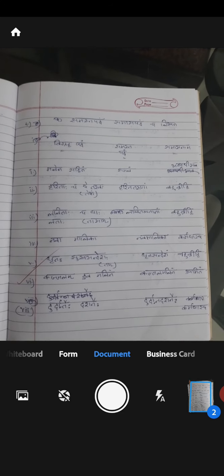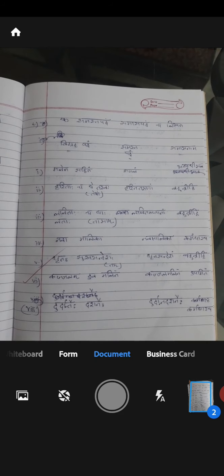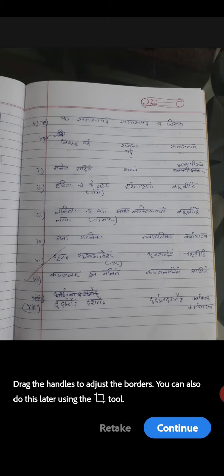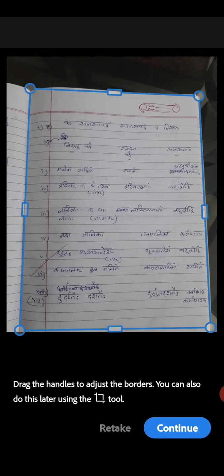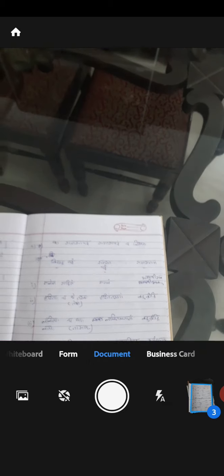Then if it is okay, you click on the camera button, the big circle in the middle. Click there once. So it took. Now it's okay, no need to adjust. The border came automatically, and we are satisfied, so we can click continue. So we took three pages.